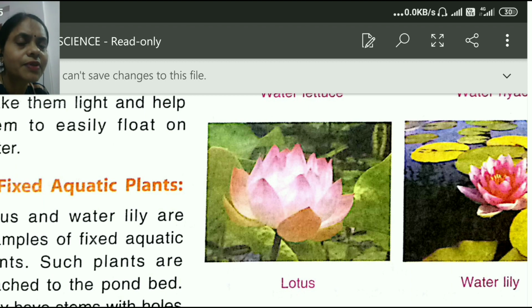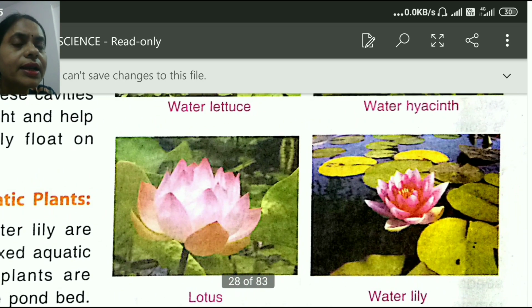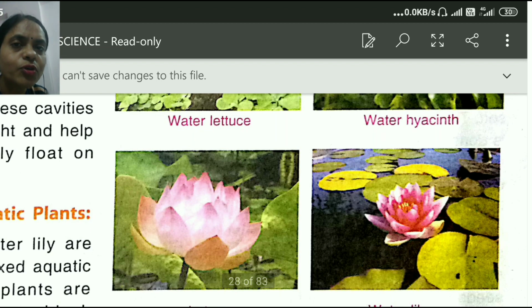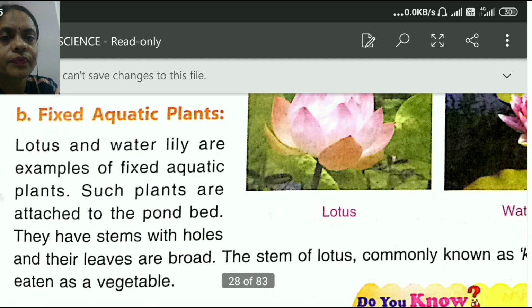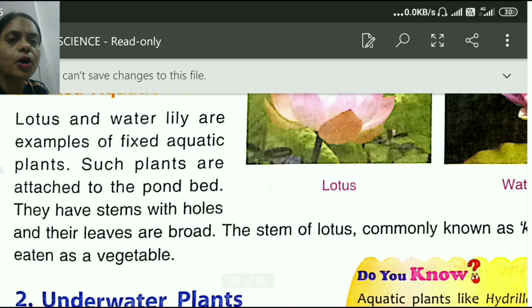These flowers are lotus and water lily, and they have broad leaves floating on the water. Look at them. They appear to be floating, but they are fixed to the pond bed or lake bed wherever they are found because they need a surface to grow on. Such plants are attached to the pond bed. They have stems with holes and their leaves are very broad, meaning big.